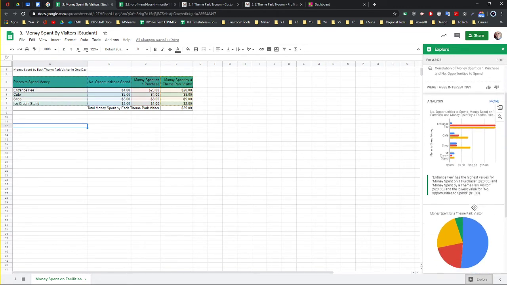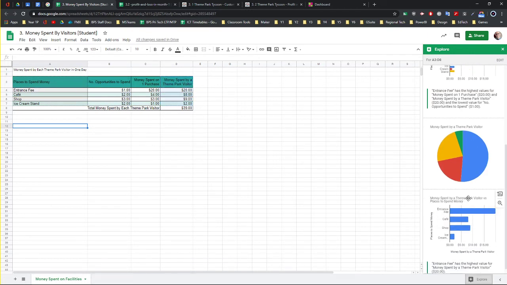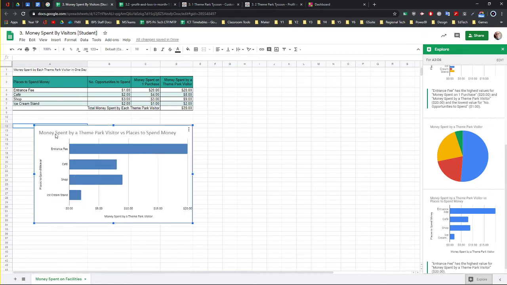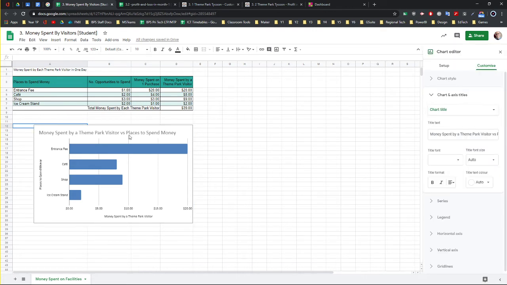So what I'm going to do is just drag this one in. I'm going to drag this one here because I quite like the look of it, and I'm going to go and drag it in like that. Money spent by theme park versus, and I don't need to do that. What I'm going to do is just double click in there, and what I can do now is start to look at the title here, and I can start to change my title so that it's a bit neater. Money spent by a theme park visitor. And I can go and delete the rest of that. By a theme park visitor. Done. And it makes it look a bit neater now,